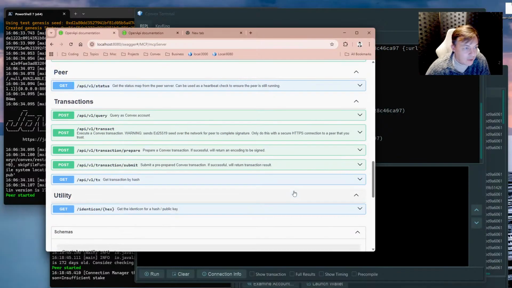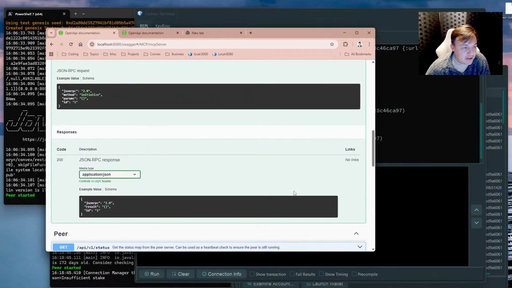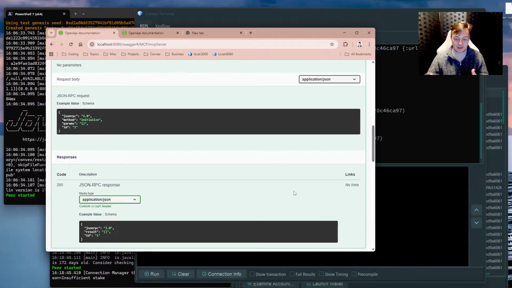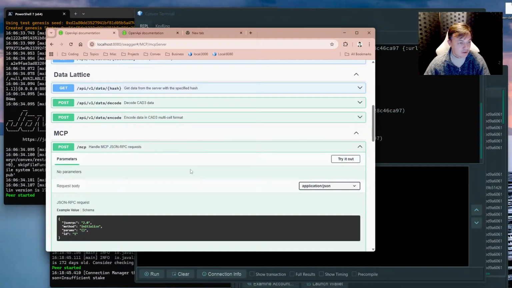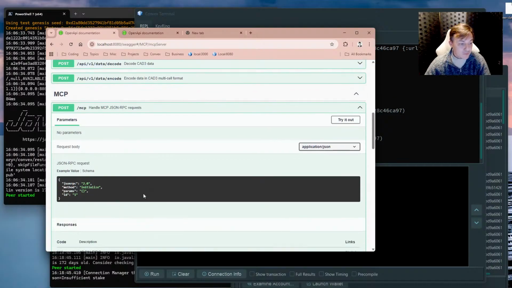There we are. So we actually had AI agents running transactions on Convex via Model Context Protocol, and it was fantastic because they were able to transact, they were able to query the network, they could write code, they could interact with smart contracts. We actually got them to negotiate a contract and actually negotiate payment for some work performed. So you can have agents paying agents to do any other thing, and it works absolutely natively with any Convex peer. You just have to enable this MCP feature, which currently is on by default, and you've got an MCP